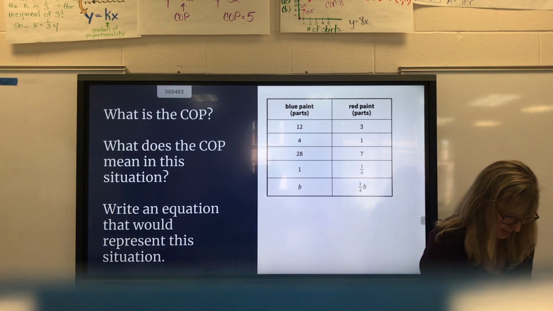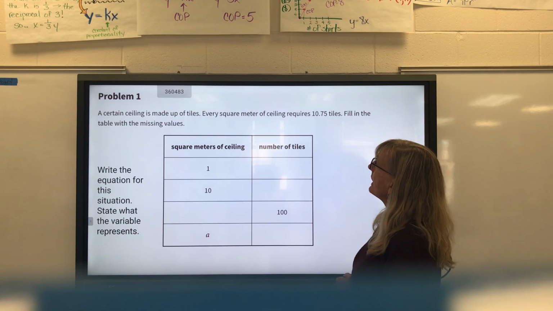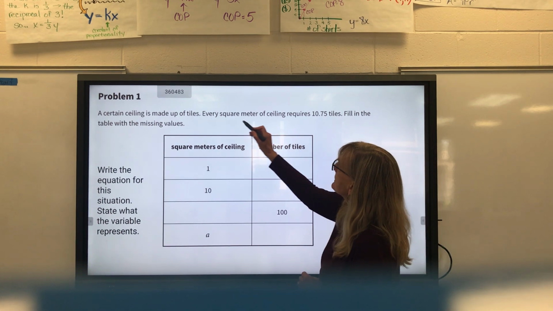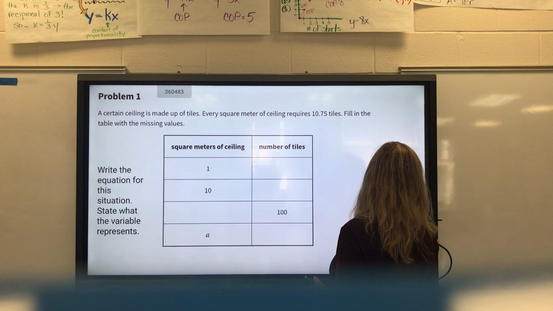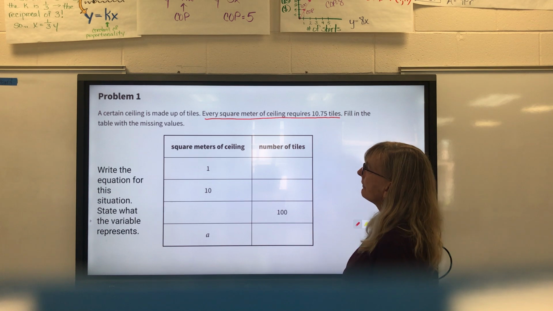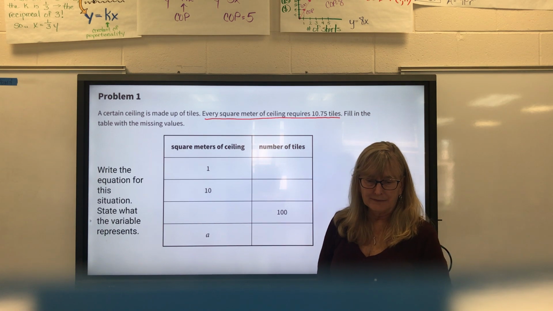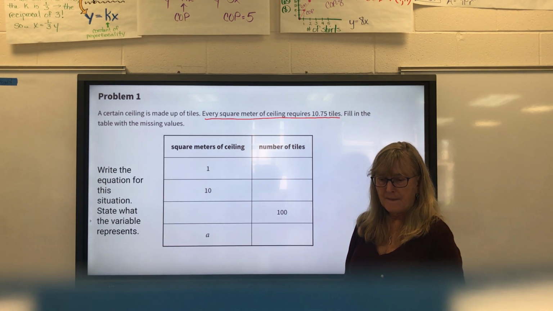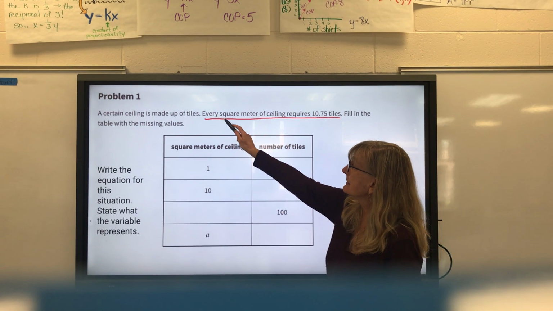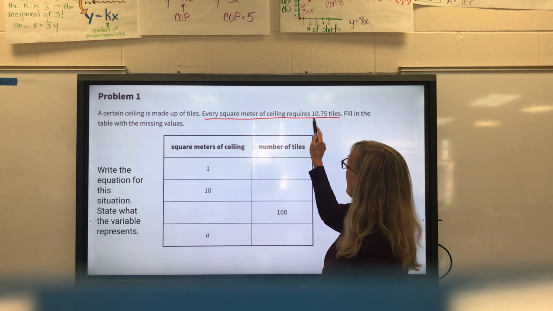All right, now we're going to start on the practice problems. A certain ceiling is made up of tiles. Every square meter of ceiling requires 10.75 tiles. Okay, every square meter requires that. Fill in the table with the missing values. So where am I going to put that 10.75? What does this mean? First column, because this is saying every square meter, that would be 1 square meter, right? Requires